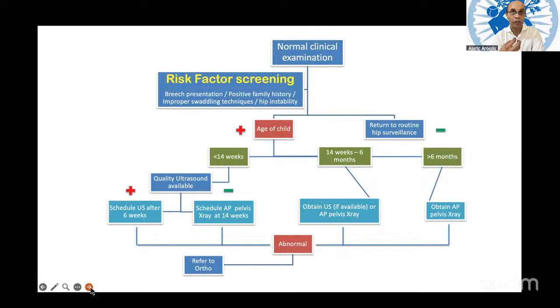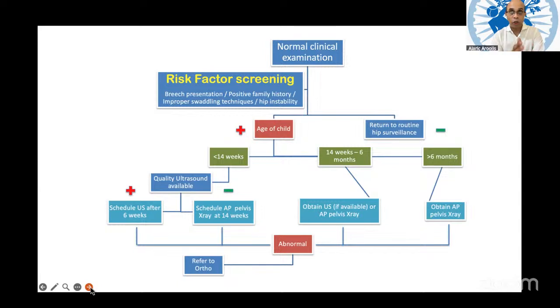And this is very much ingrained within the Indian culture. So this is a very important risk factor for us, because we know that improper swaddling can lead to hip subluxation and dislocation. And the last one was the hip instability. So if you have any of these risk factors which are present, you then look at the age of the